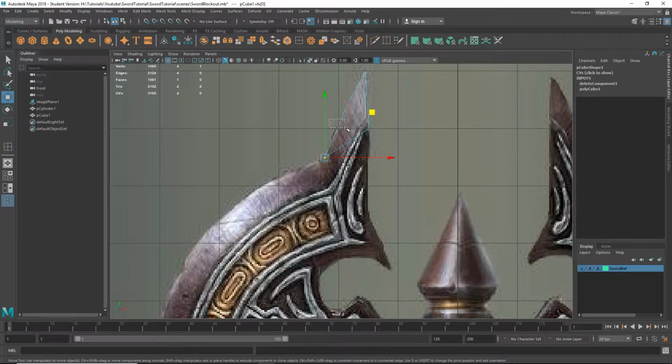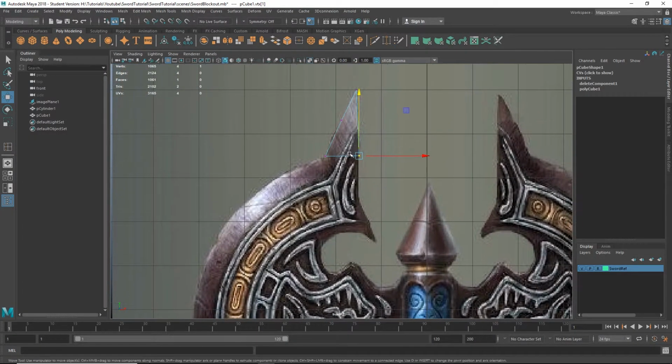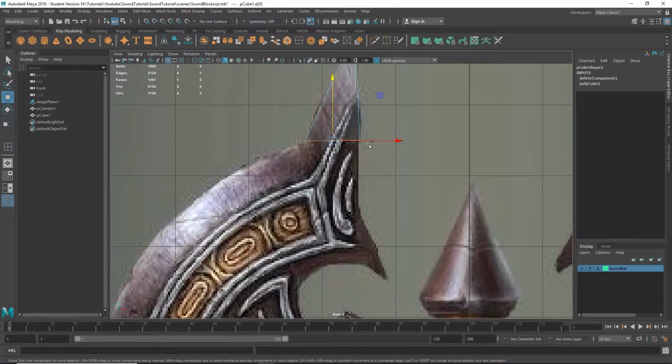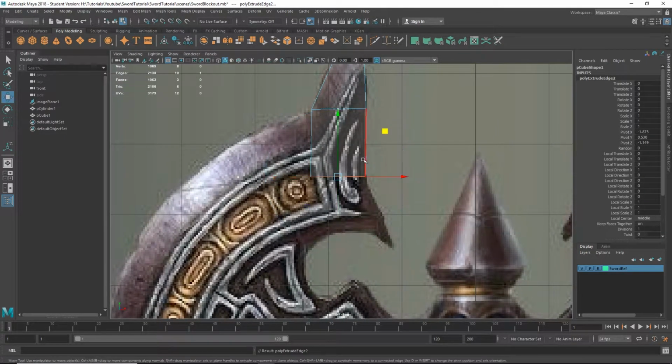The only time it is a big deal is if it's affecting the animations of like a character. Obviously you don't want to have triangles near the mouth of a character or whatever, but in all honesty, nothing's going to happen if you have a triangle there. So if you want to get rid of that vertex, go ahead. For now I'm just going to leave it. I really don't care. I'm going to bring this in here like that, and I'm going to extrude once again,